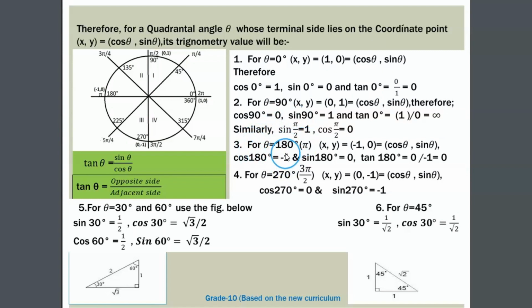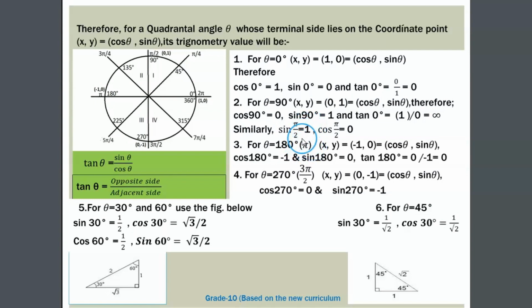Number 3, when theta is 180 ዲግሪ። ስለዚህ አሁን በጣም ቀላል ሌሎችም ዲተርማይን ማድረግ ይቻላል። For theta is equal to 180 ዲግሪ የአንግል ልኬቱ ከፖዚቲቭ ኤክስ አክሲስ ጀምሮ እንዲሮቴት አድርገን ተርሚናል ሳይዱ እዚህ ሲመጣ ልኬቱ ስንት ይሆናል? የአንግሉ 180 ዲግሪ። ስለዚህ የተርሚናል ሳይዱ የሚገኘው የት ነው? ኔጌቲቭ ኤክስ አክሲስ ላይ። Therefore at this point the coordinate points of the terminal side is how much? -1, 0 ይሆናል ማለት ነው።